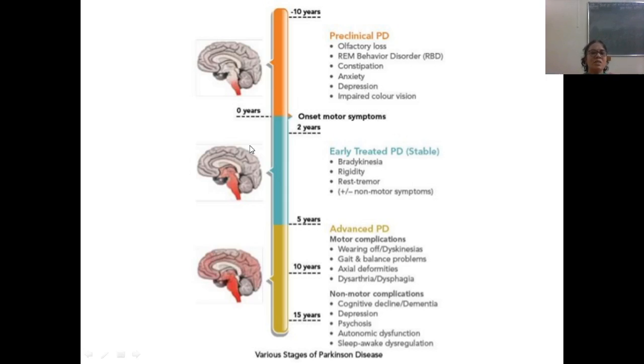Okay, so this is the progression of the disorder. In preclinical Parkinson's disease, olfactory loss and behavior disorder, then constipation, anxiety, depression and impaired color vision will be there, and onset of symptoms. See, this occurs up to 10 years, and during 2 years,